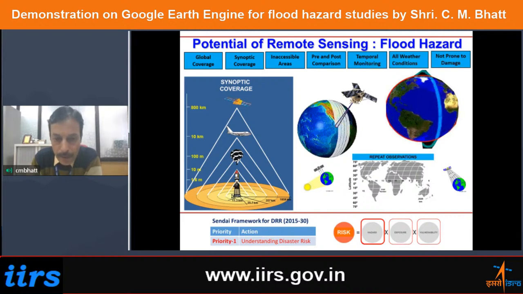We can compare the pre and post flooded areas, and since these satellites are orbiting around the Earth, we can have temporal monitoring. After every 5 days or 2 days or 10 days, these satellites keep revisiting, and we can compare how the situation was a few days back and now. And with the constellation of a number of satellites from different agencies, we can even have single day monitoring